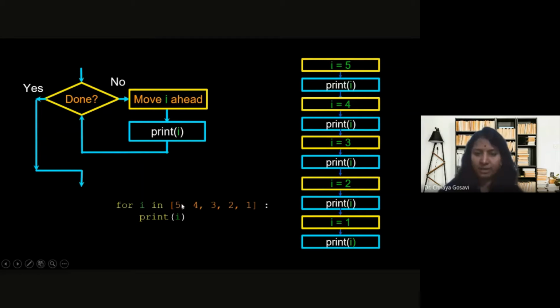Initially i is 5, so print i, then i is incremented and pointing to the next value, that is 4, print i, incremented to 3 and print i, 2, print i, 1, print i, and at the end, now there is nothing, it is the end of the list, so it will come out and print whatever the end statement is.